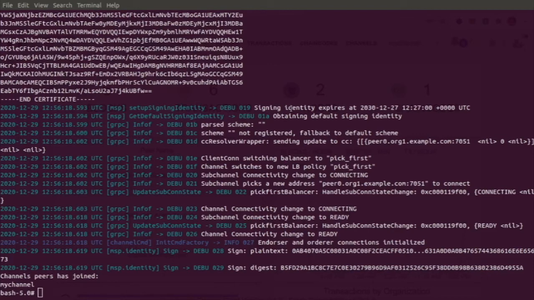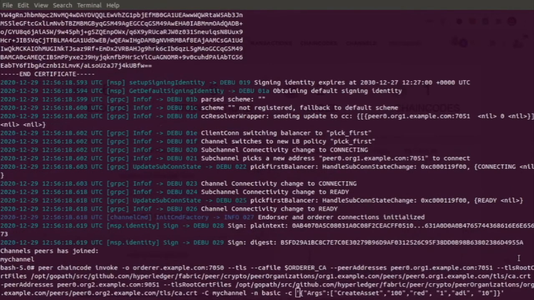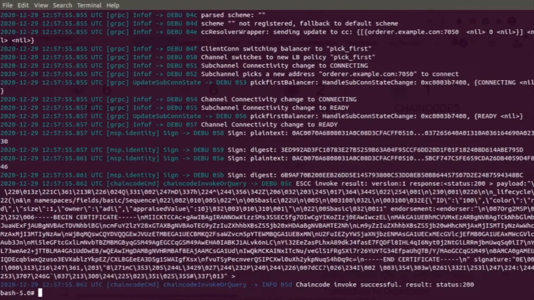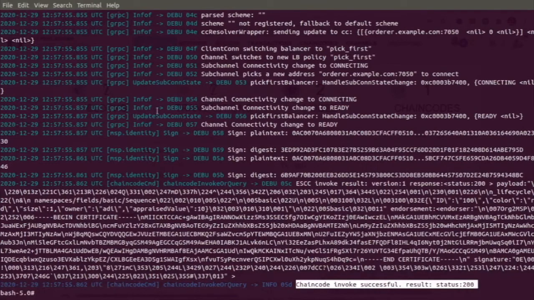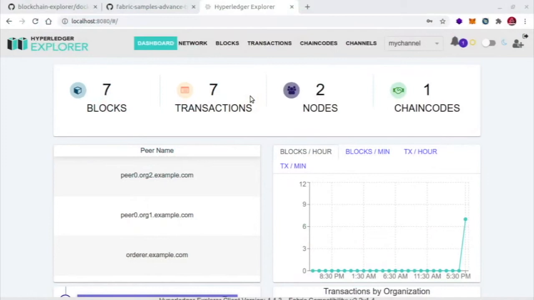So let's do the transactions. This is our invoke command. Now let's hit enter. We can see we got a successful response with status code 200, and now we will look back at our browser and see what the status is here. So now we can see that we have 7 blocks and 7 transactions, and when we look at the blocks,